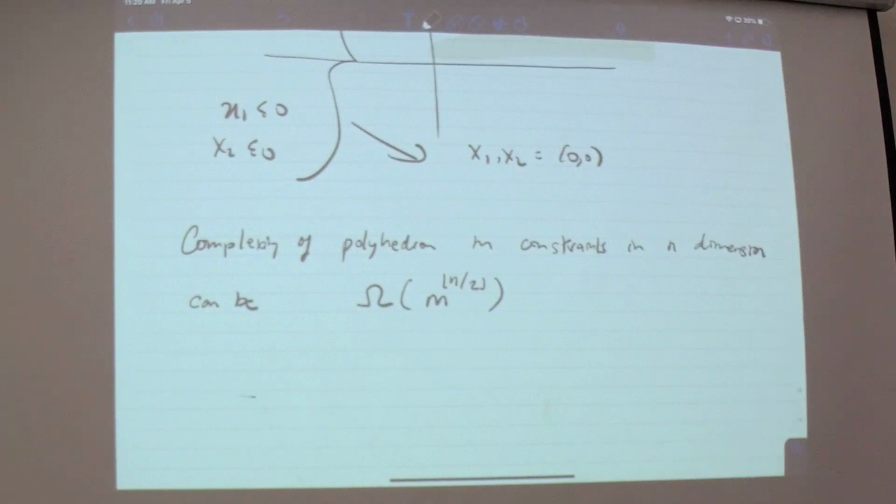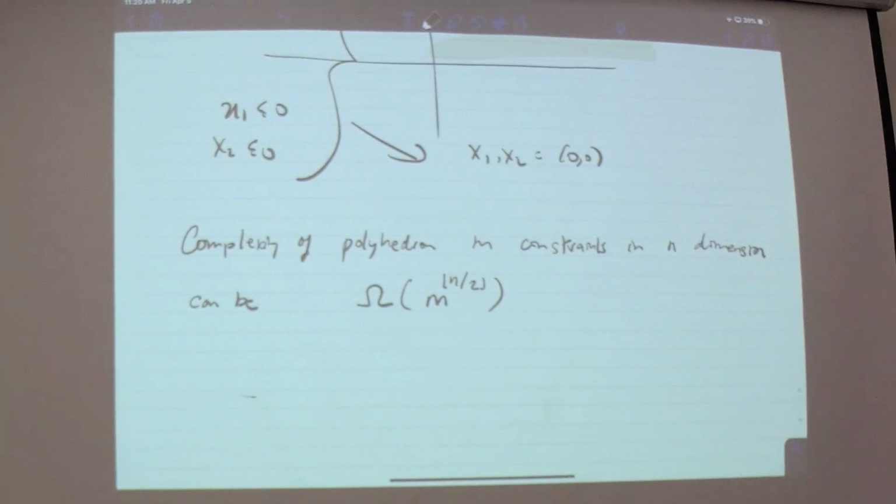But in 2 and 3 dimensions it behaves the same because of the floor function there. So for 2 and 3, that exponent is 1. For 4 and 5, it's 2, and then it goes up in pairs. Okay? But it's a good question, because that constraint space, the boundary of it, gives a sense of how complicated this region is.